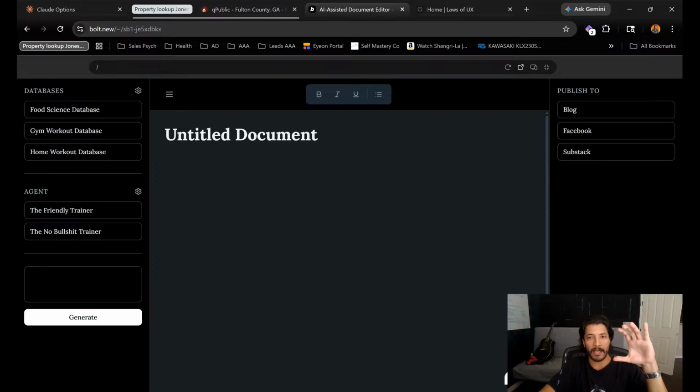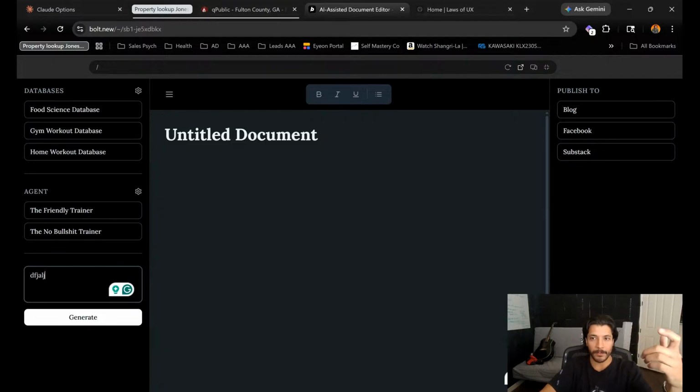The key thing is this could be done with a Make scenario or a Zapier workflow, but it requires tapping into a couple different places. If I could just do it here, where I allow someone to have their knowledge base, their tone, different tones or writers that they want, and they can type in a quick prompt, and then it shows up. They can make last minute edits, and then just check one of these boxes and hit go. You could do so many things. And if I put in a scheduler here, you can do that. And there are apps that do this out there for sure.